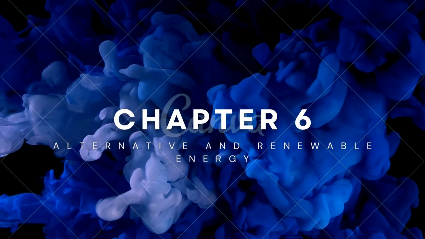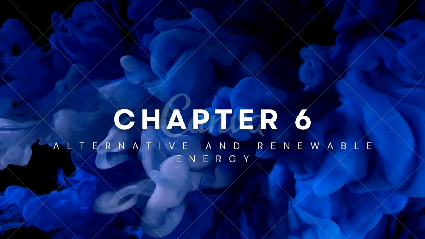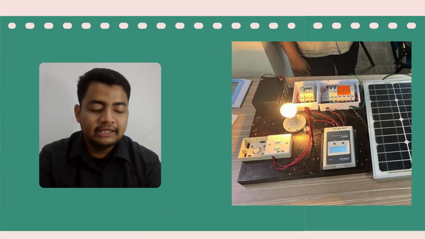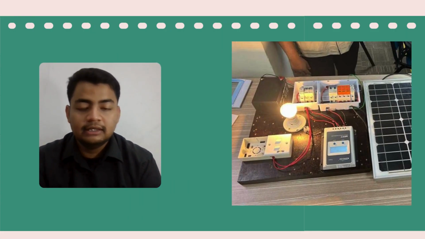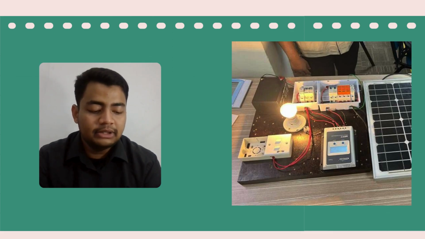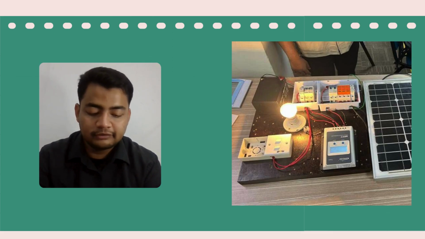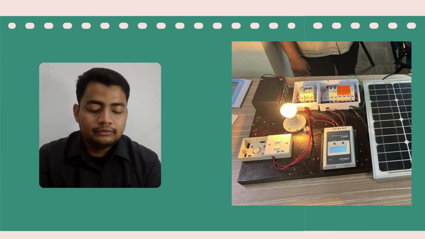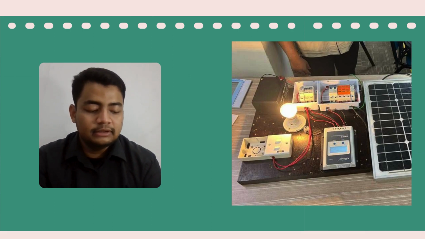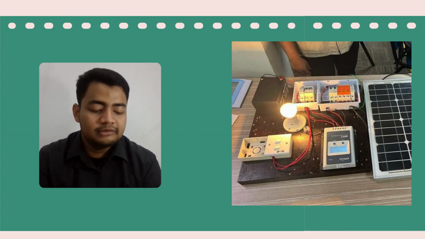Chapter 6: Alternative and Renewable Energy. Alternative energy is any type of usable energy that does not harm the environment, does not cause a decline in natural resources, and can be used as a replacement for fossil fuel. Alternative energy can also include renewable energy such as solar, wind, biomass and biofuel, fuel cell,